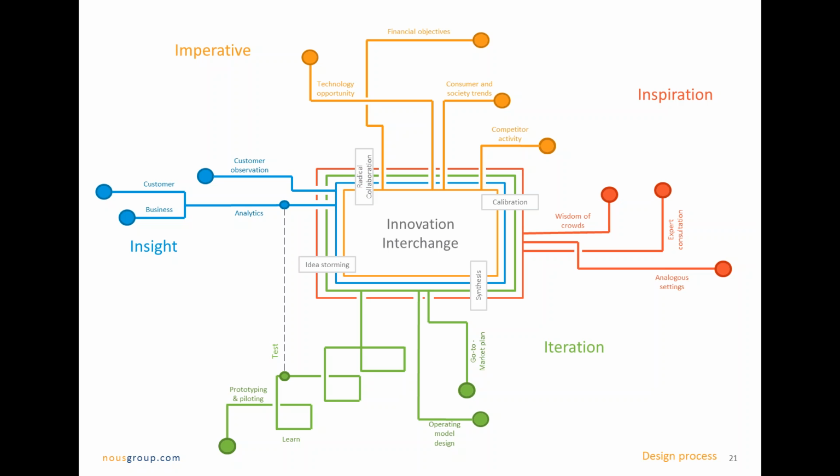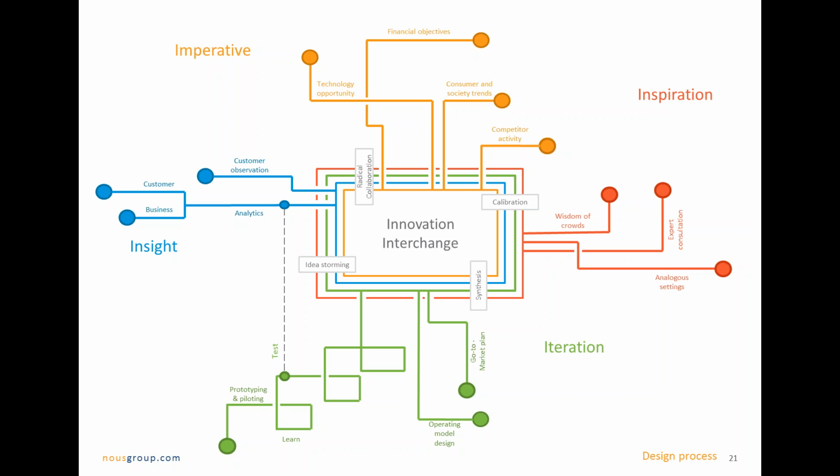So it could begin with an imperative. So for example, there might be a change in how your customers or citizens are behaving. You're not getting the value or the outcomes or the benefit from your programs that you're used to. And so there's something there that means we need to act. We can't keep doing things the same way we always have. We're just not getting enough value from what we're doing. Or it could be that if you're in the private sector, you've got a competitor that's doing something quite interesting and they're starting to steal your market share, so you need to act on that. It's almost like the strategic business case, there's something going wrong here, we need to act. So that can be a starting point.